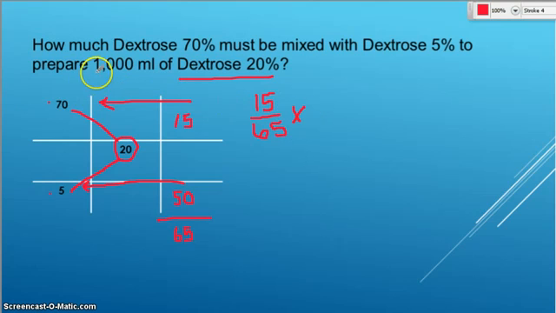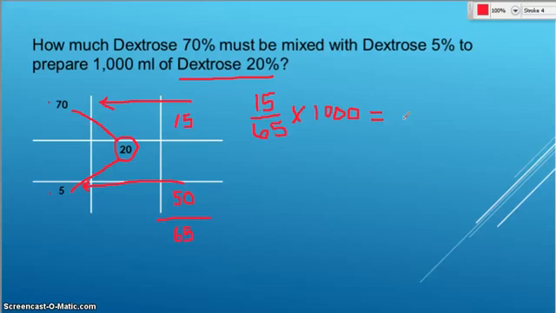In this case, we want to prepare 1,000 milliliters, so we're going to multiply by 1,000. Remember, you should always put your fraction into your calculator and hit the equals button, because not all of our calculators are as smart as we want them to be. So 15 divided by 65, hit your equals button, and then times 1,000. When you do that, you'll see that you get